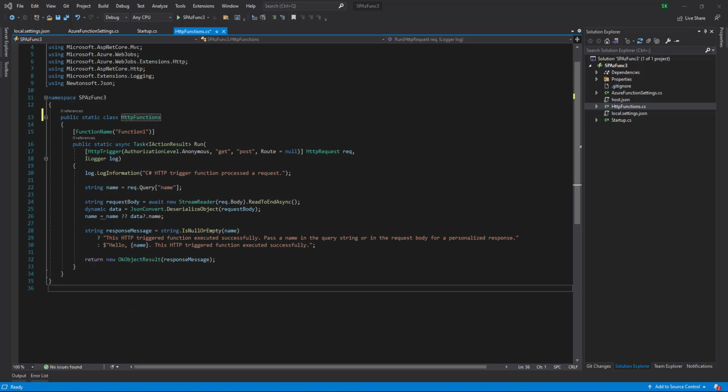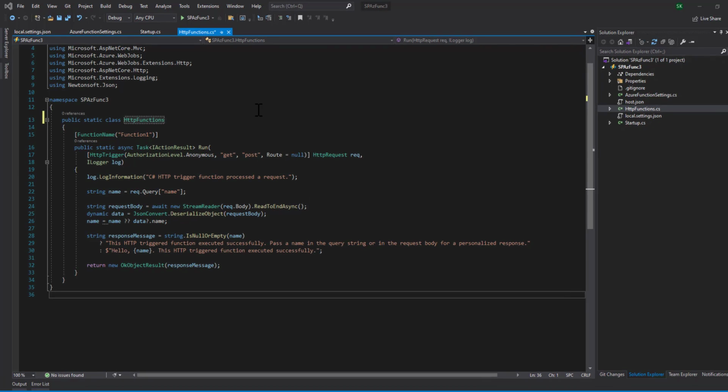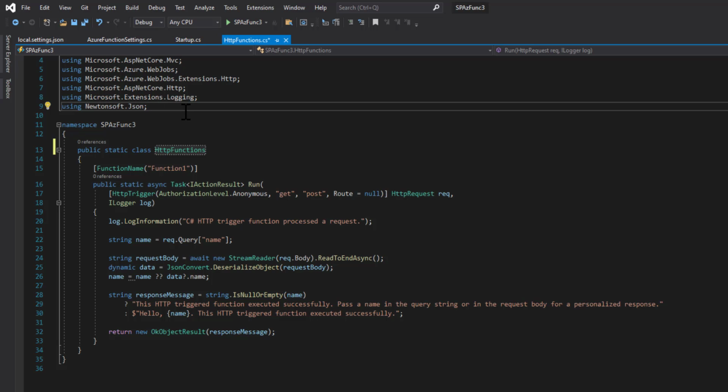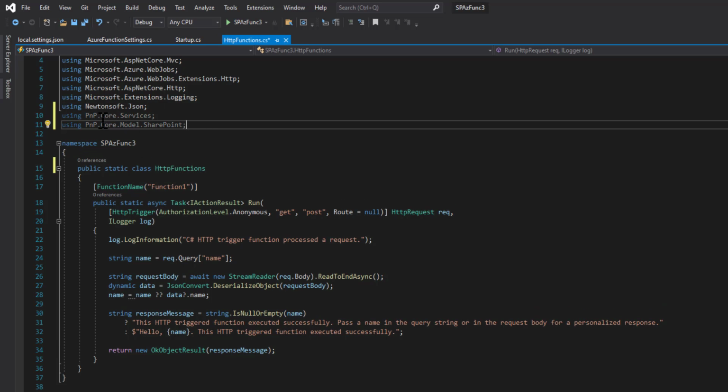Next, we are going to update the HTTP trigger function. What I did is change the Function1.cs file to HttpFunctions.cs. Next, we are going to add the usings. The first is Core.Services, the second is Core.Model.SharePoint.